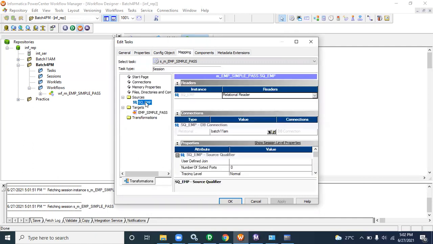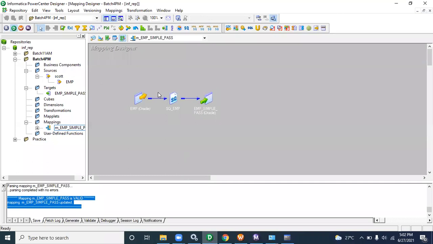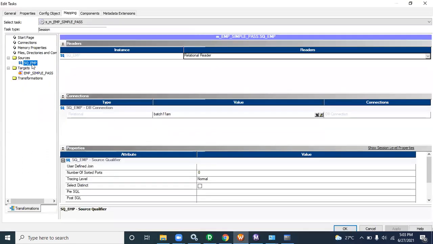See, you can select SQEMP. Now you can see we don't have EMP, only SQEMP. When we start the mapping, what we discussed, Informatica does not know EMP, but Informatica knows SQEMP, because Informatica only reads its own data type. For that reason, in mapping or session level, you can see SQEMP only there. There is no chance you have to write the EMP.